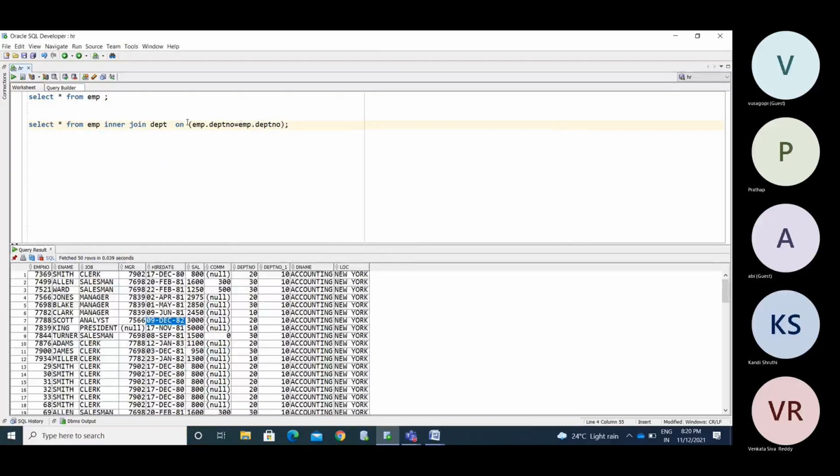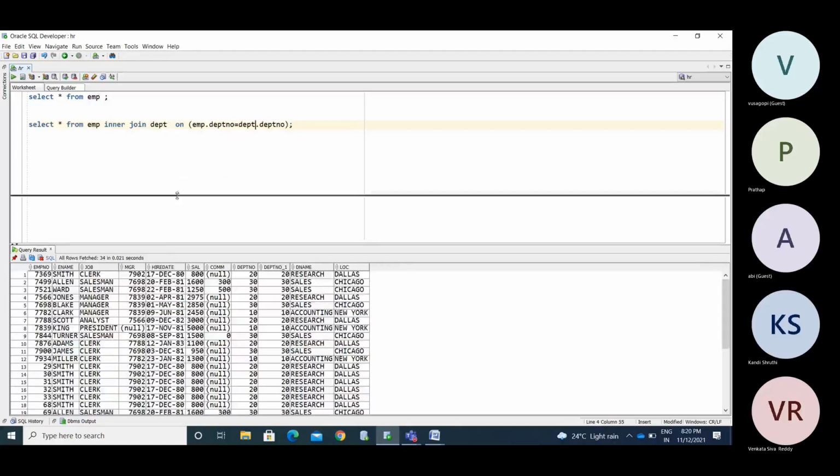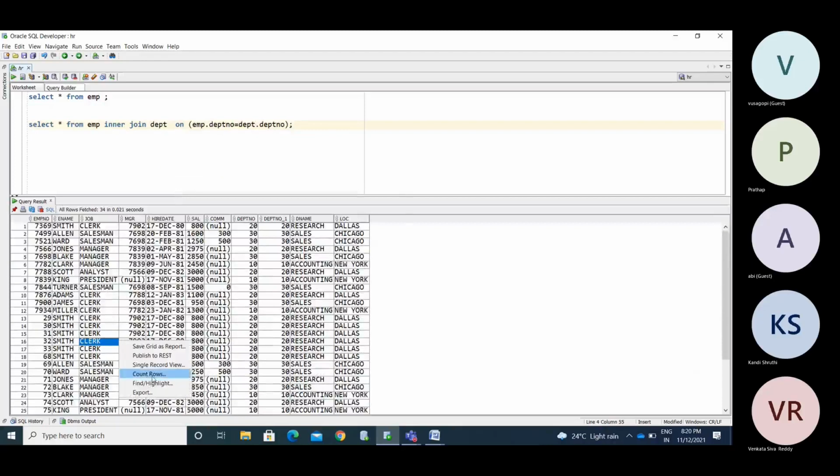If you want to retrieve data from more than one table, you use the join condition from one column of table A and one column of table B. But here you are taking the same column from the same table. Now you will get the data: these are the 34 records, common to both tables.